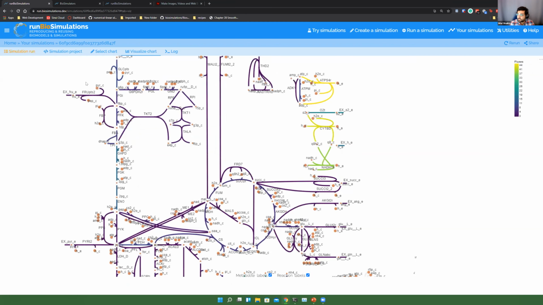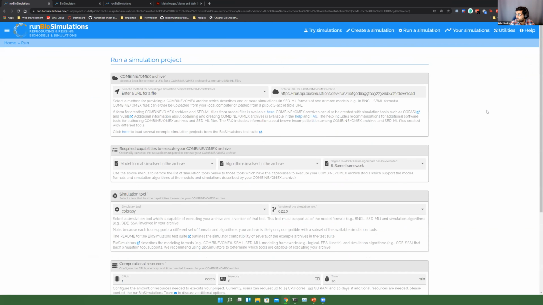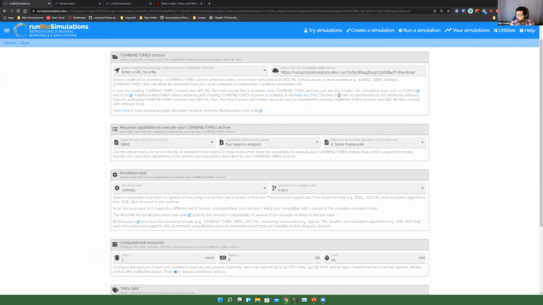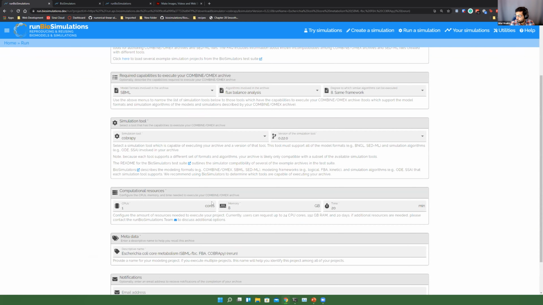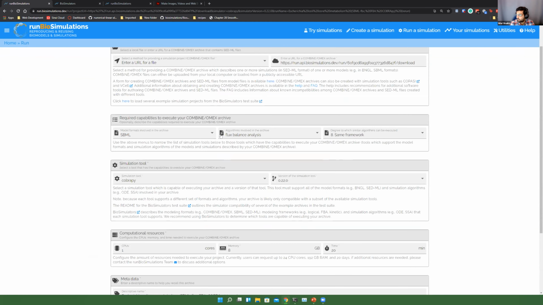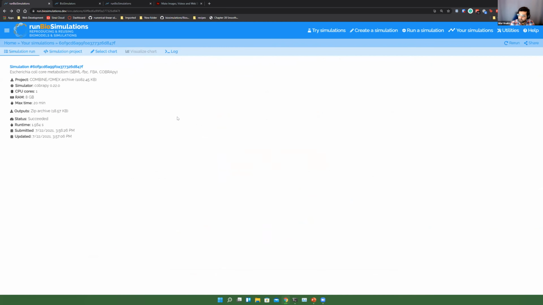So if I were to, for example, go here to the simulation run and click this rerun button, you can see it's now set this up for me over here. And I can actually rerun this, see if there are, for example, changes that I want to make to the omics file, and simulate it.